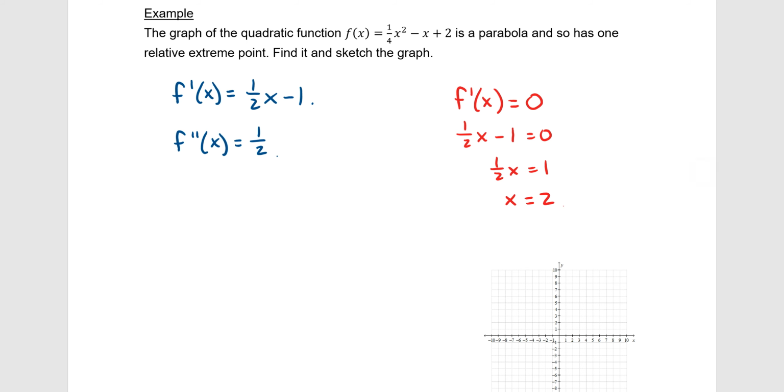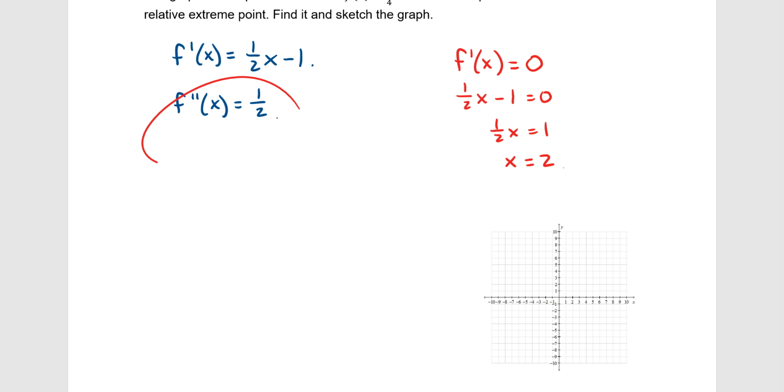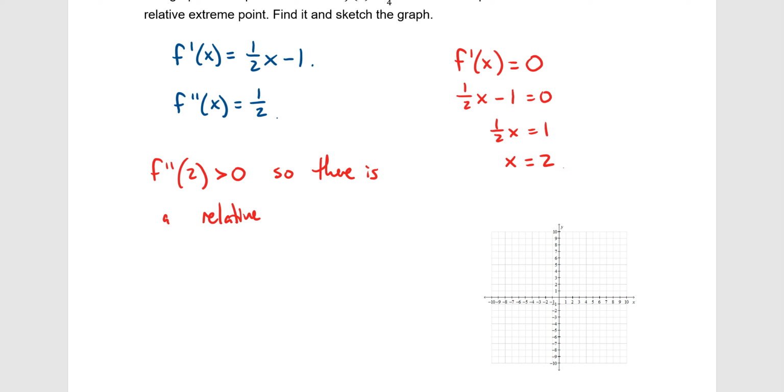So now we would use the second derivative test and try to plug that value into f double prime of x, see if it was positive or negative. But f double prime of anything is positive because it's just positive 1/2. There's nothing to plug in. So that means there is a relative minimum value